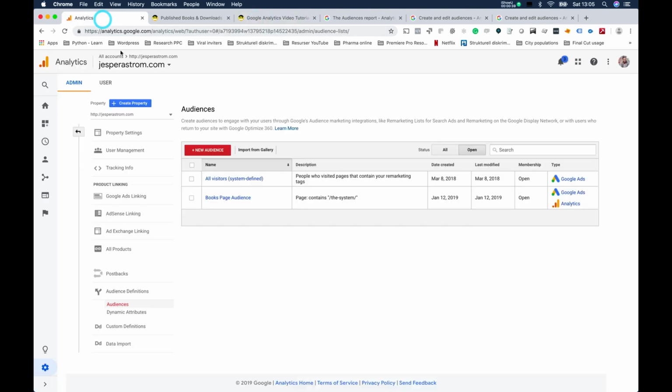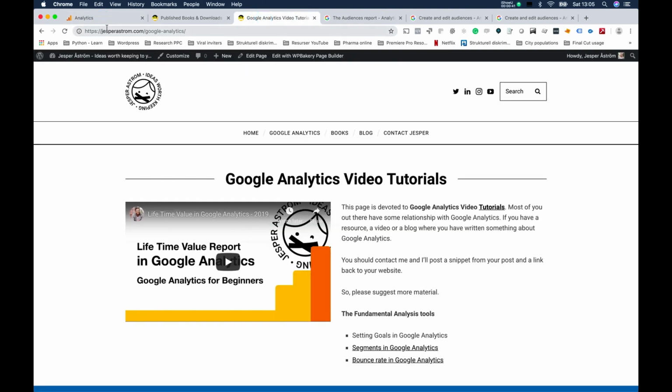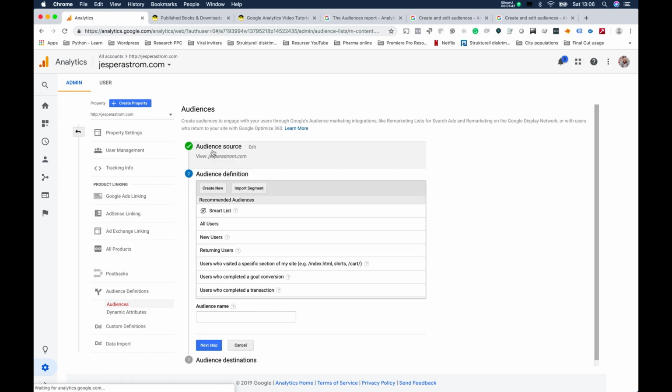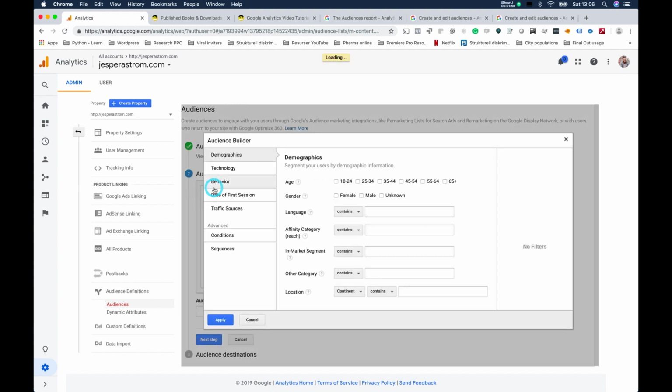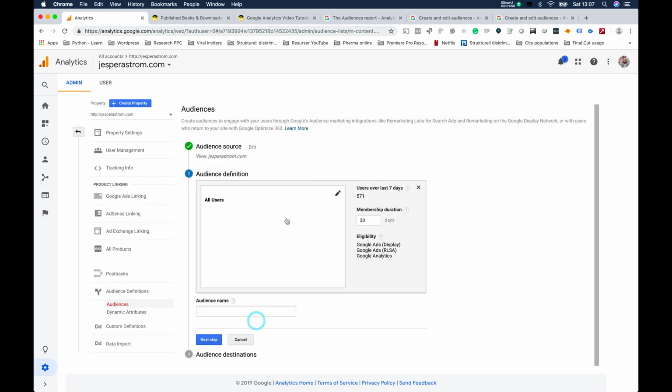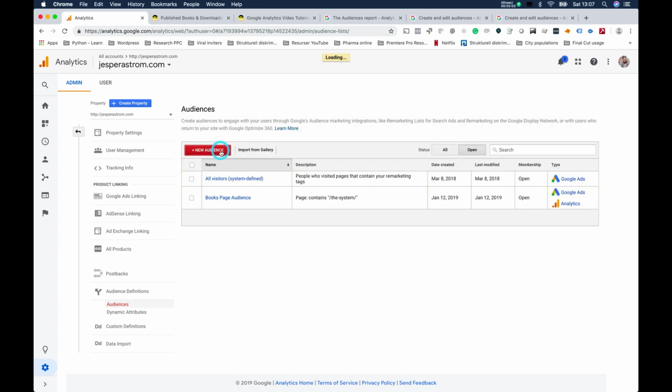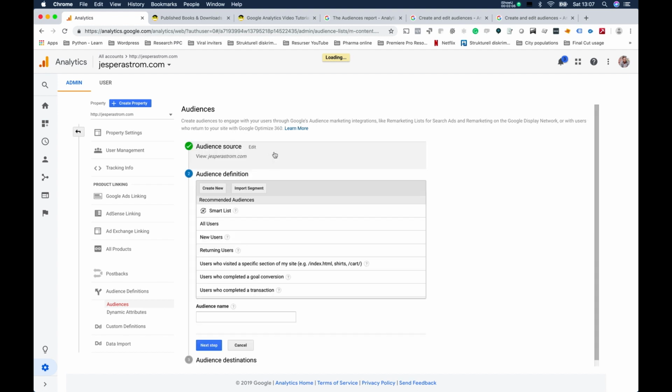Now I want to create another audience, but for the people who visit this page. I want to be able to retarget those people, and I want to be able to use them for some other purposes. So I create a new audience, and as you can see, there are several different things here that Google suggests that you could use. But you could also create a new audience, and any one of you who've seen my segments video know how to use this thing. I'm gonna cancel this, and I'm gonna go back. Cancel this, and I'm gonna actually use one of the ones that they've set up themselves,